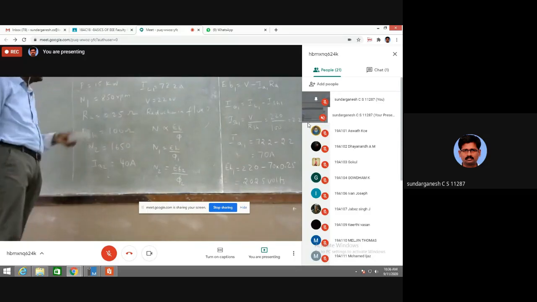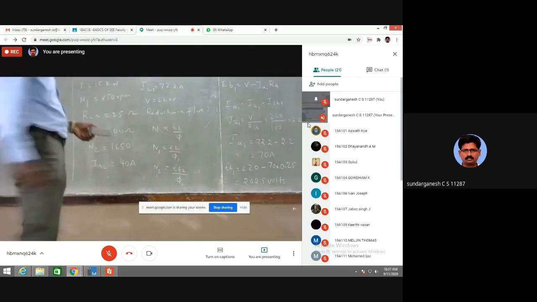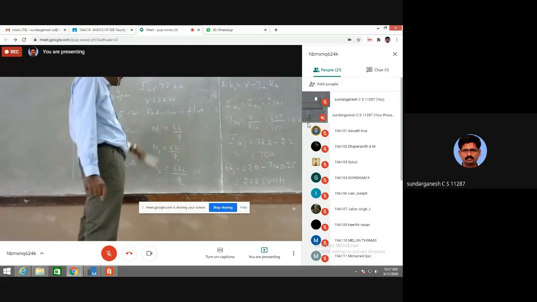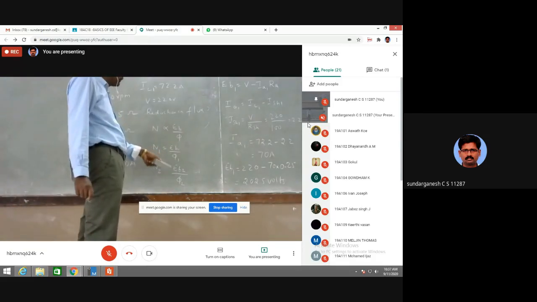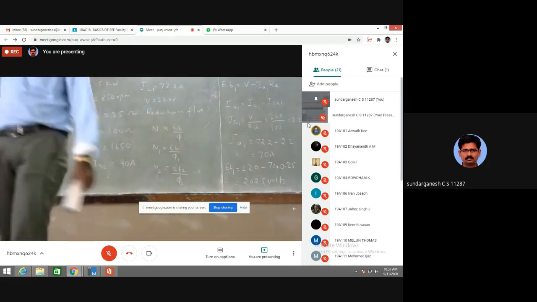After completing, we put "completed" in the chat box and move to the next step. So I have found EB1. Similarly, I have to find EB2. Then I have to divide phi1 by phi2 or phi2 by phi1, so that I can easily find the reduction in flux in percentage.